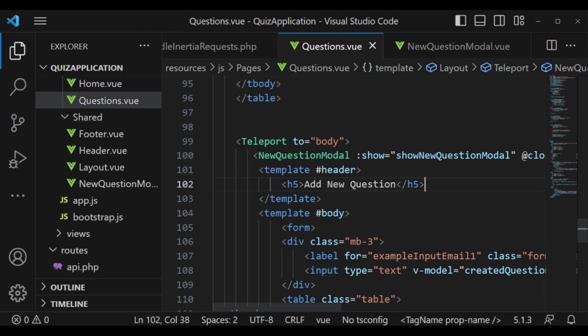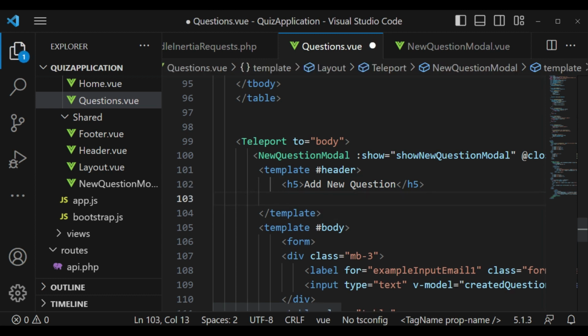I think below here I can pass in another template, or under the template header, because it is the same thing that we are having. I can pass the flash messaging here just below here, and for us to be able to do that we will have